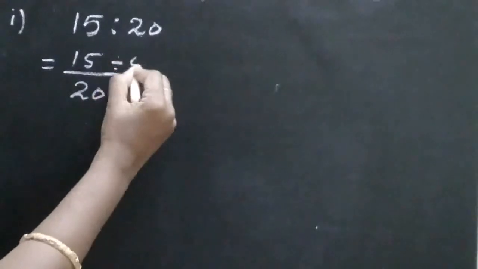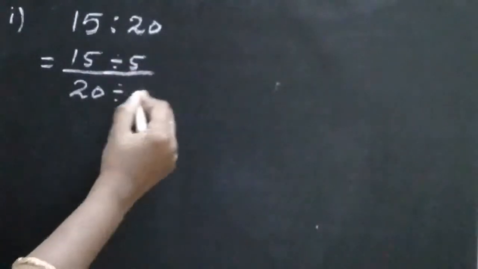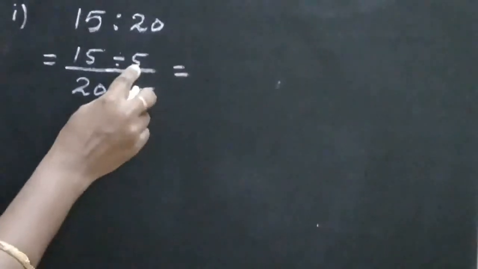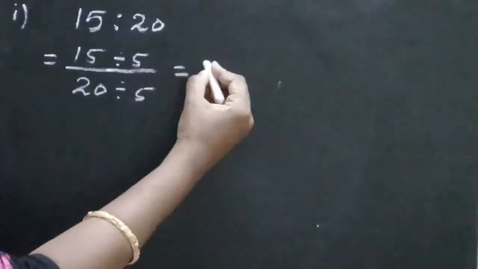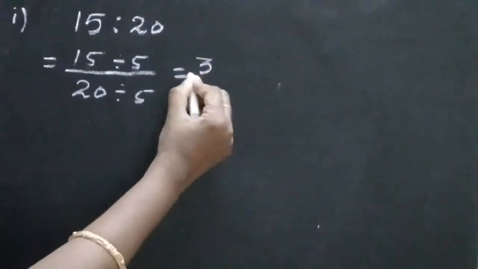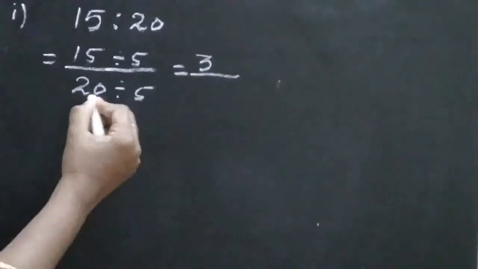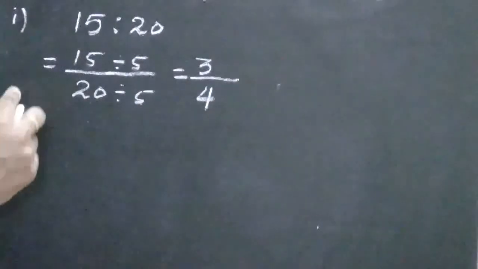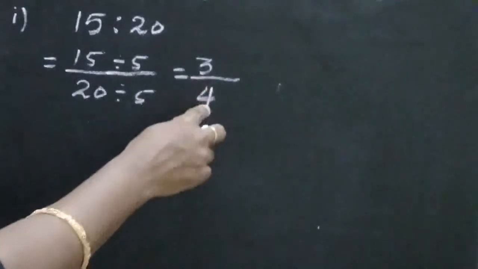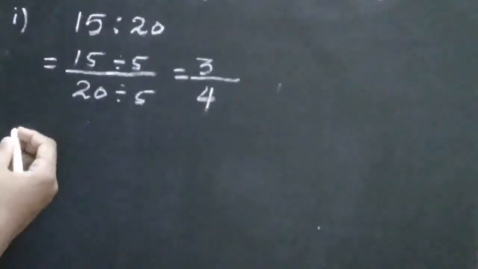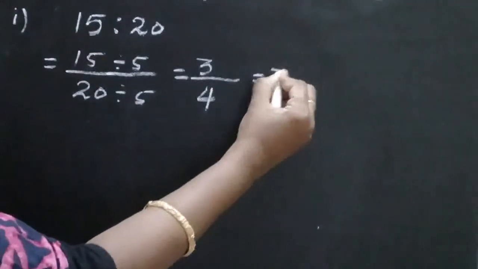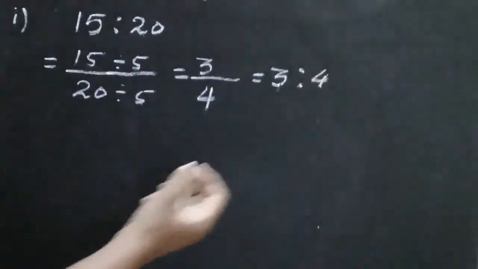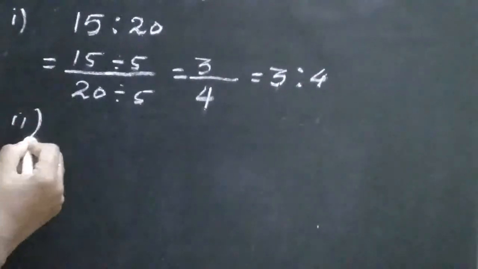divided by 5 in numerator, denominator also divided by 5. So 5 table 15, how many times? 5 threes are 15. 5 table 20, 5 fours are 20. The first one answer is 3 divided by 4, which is equal to 3:4. The ratio format is 3:4. The second question,